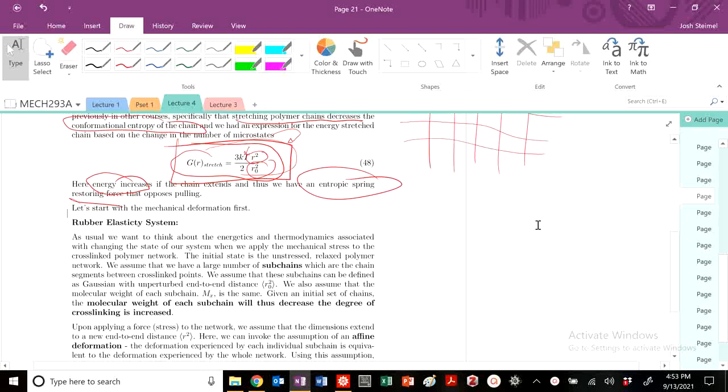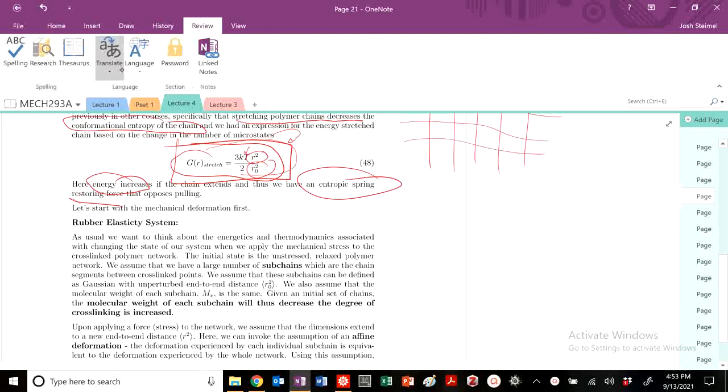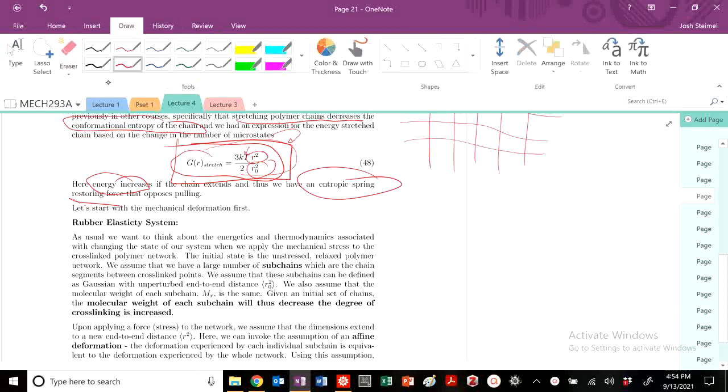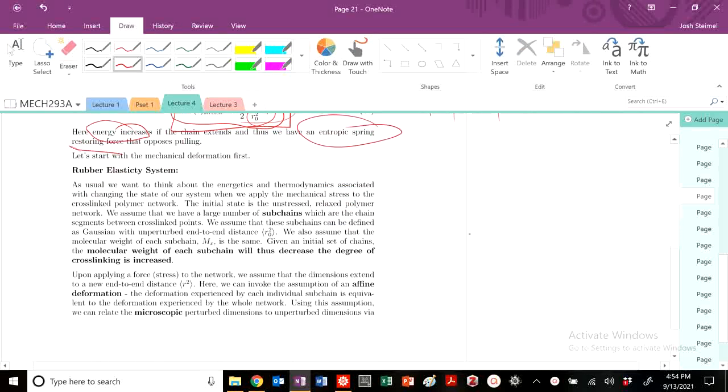All right, and we are back. So let's look at our rubber elastic system and describe what's essentially going on here. Initially, I have a polymer chain, a polymer network, and we are going to say that it's unstressed, and